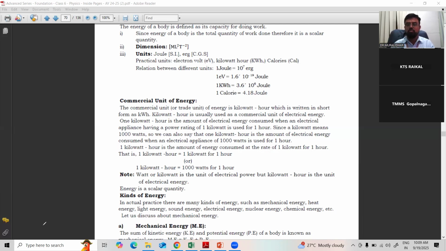If you go and see at home, you can find the electric meter, where you can see the readings. You observe that meter, there it is written as kWh. Whatever the meter reading is, it is measuring kWh only. When they take the bill, they record that and get the bill immediately. So 1 kilowatt hour is nothing but 1 unit. Based on how many kilowatt hours you consumed, your electricity bill will come. That is the commercial unit of electric energy.